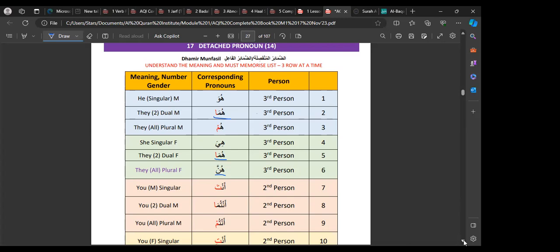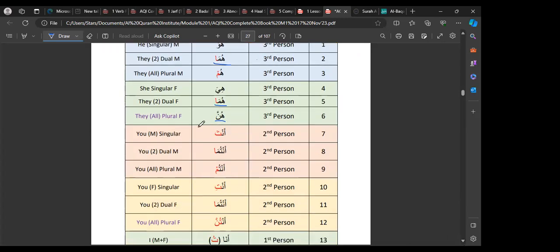What's the Arabic for second person? حاضر. Hadir. Good. Hadir means they're present. They're in your company. You're talking to them. Good. Alhamdulillah. So we have anta, first person, singular, mufrad, and male, mudhakkar. Anta. 2 people that you're talking to directly, they're present and they're both male, antuma. And if you're talking to a group, antum. So anta, antuma, antum.